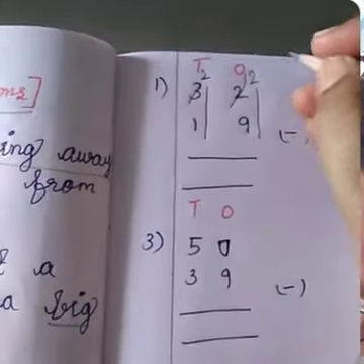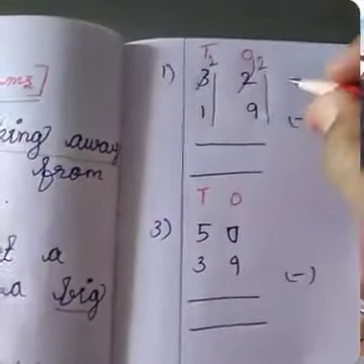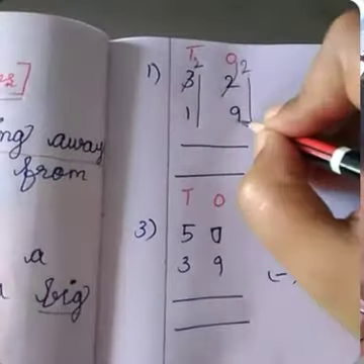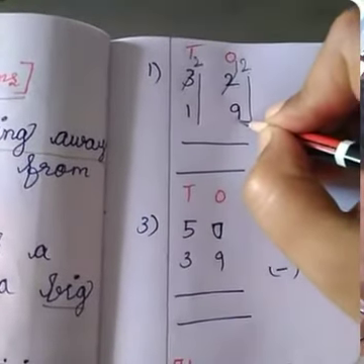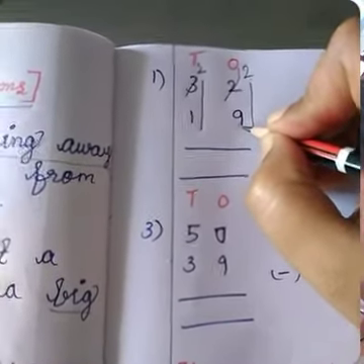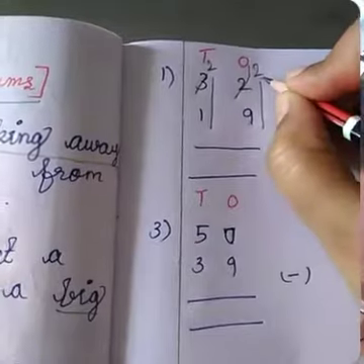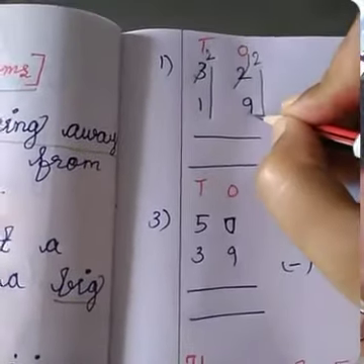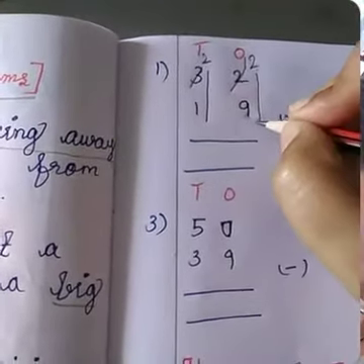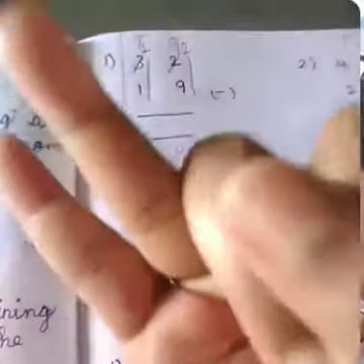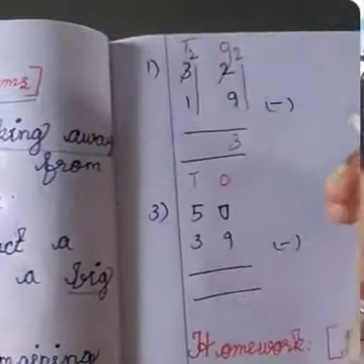Then what do we have to do? We have to subtract the small number from the big number. How can we subtract? First, see these two numbers, 12 and 9. Which one is small? 9 is small, so you keep 9 in your mind. Start from 9 and tell the numbers until you get 12. Keep 9 in your mind: 9, after that 10, 11, 12. How many fingers in my hand? 3 fingers, so the answer is 3.